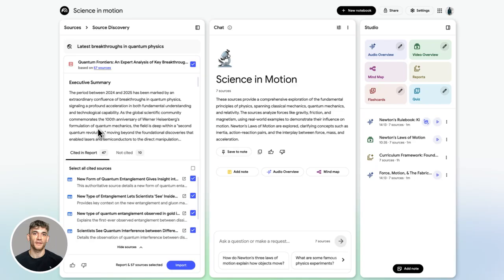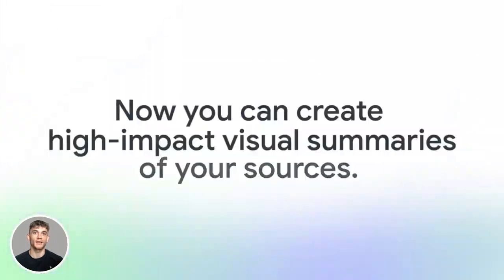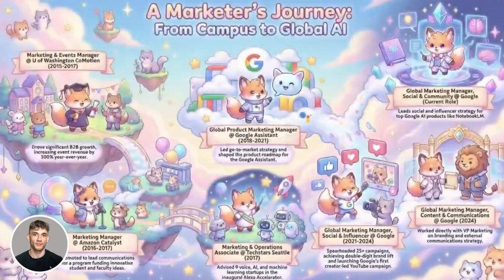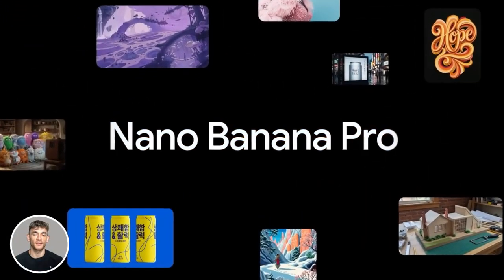That's a huge deal if accuracy matters in your work. Then on top of that output, you have one-click tools that turn your research into something usable immediately. One of those is custom infographics, also launched in November 2025. It uses Nano Banana Pro to convert your research into professional quality visual graphics, not basic charts, things that look